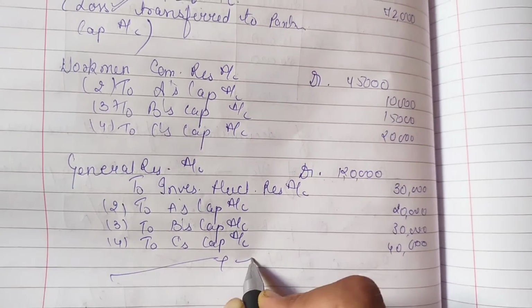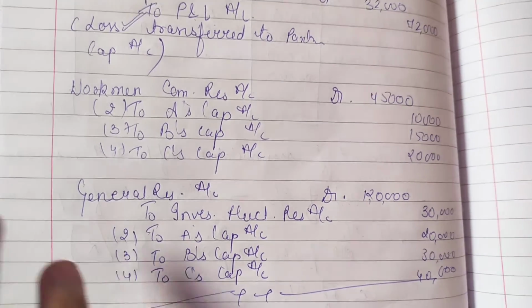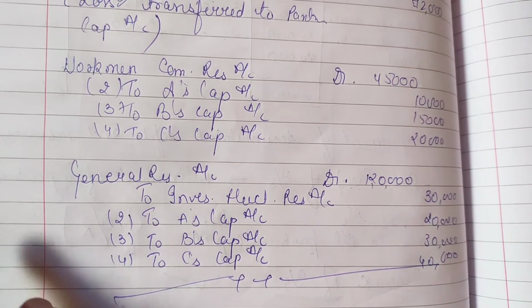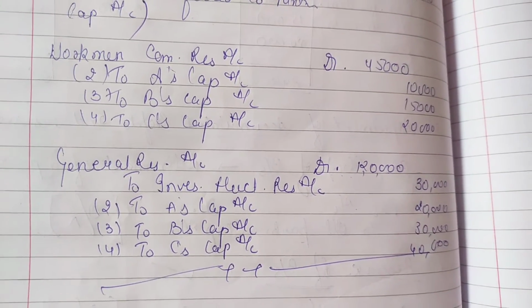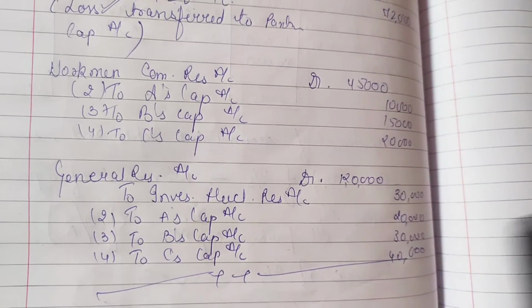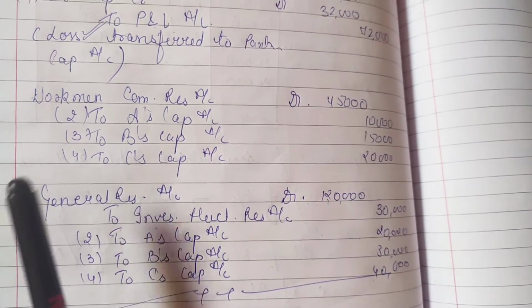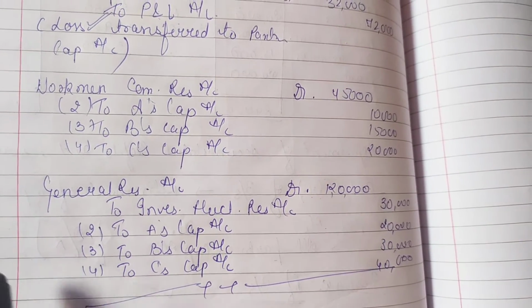Okay. So this was the question in which we have transferred the P&L balance and the reserves balance. Okay. And when we are going to do that question where we have all types of transactions, we need to remember each and every transaction of our reserves and P&L, because these have been done so that we can do the proper question.